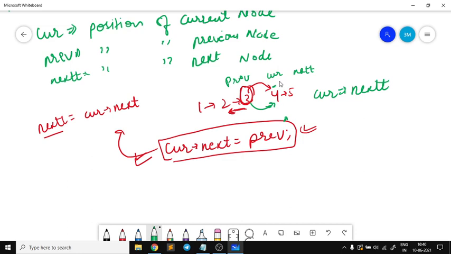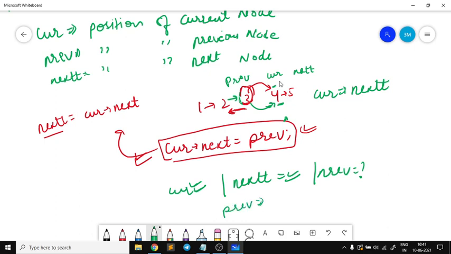So we have updated the current, and we have updated the next one, correct? Now the point is how to get the previous one. Once we have done this, this one will be erased and this one will be the new pointer here. The 2's next pointer is also here only, right? So my previous now will become current. This is how it will work, right guys?